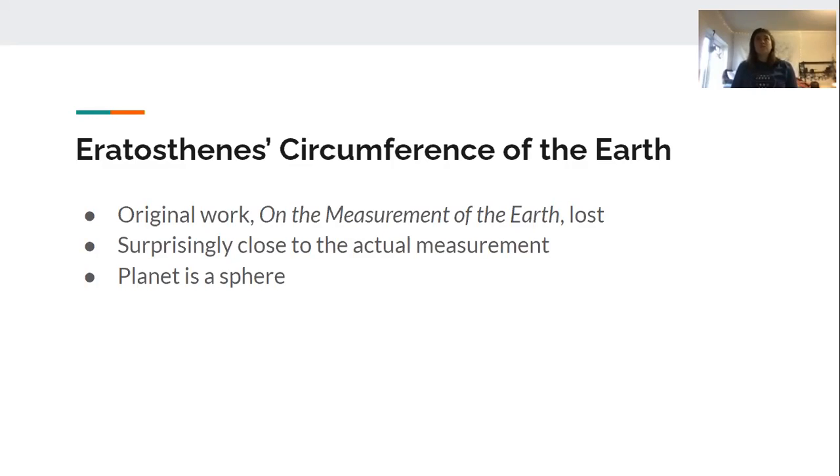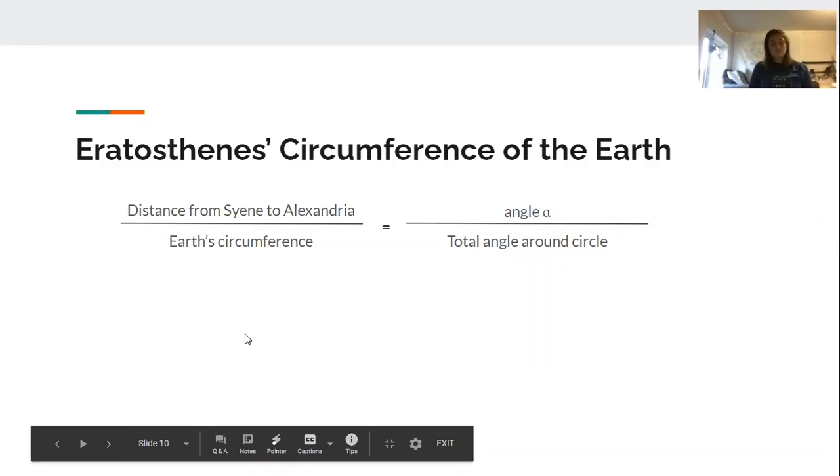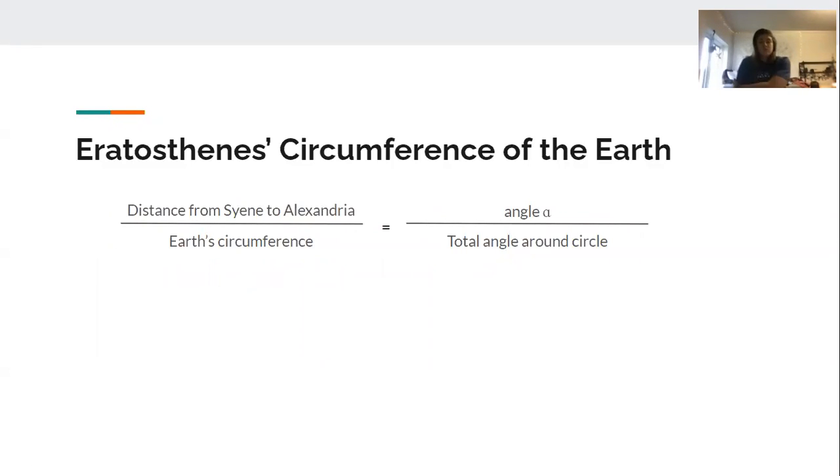So based on this, using the distance between the cities, he had this equation. Sorry, that'll make a lot more sense. So it was the distance from Syene to Alexandria over the circumference, which is angle A, the angle formed by the pole, over the total angle of the circle. The distance between Syene and Alexandria was about 5,000 stades. We don't actually know entirely how long a stade is, but we're guessing, based off of information that we found, that it's about